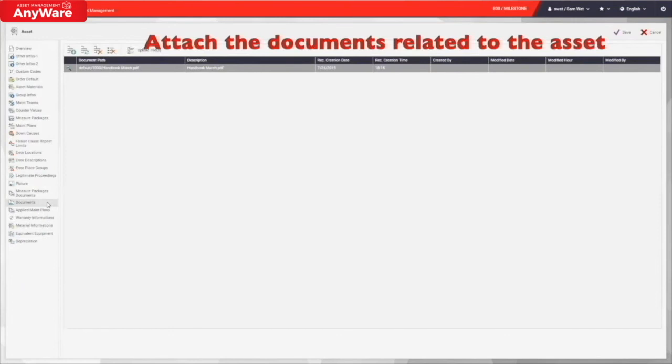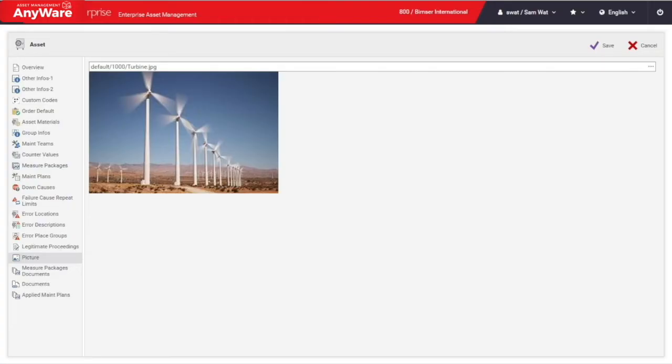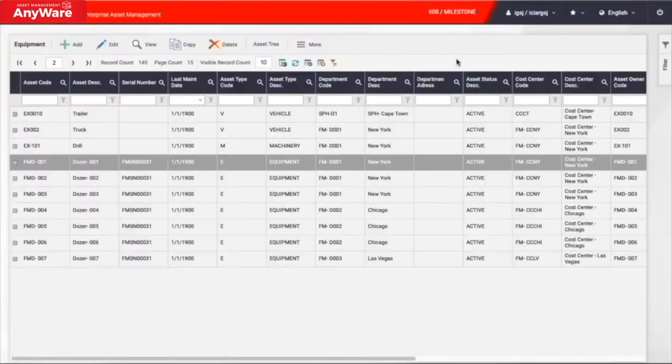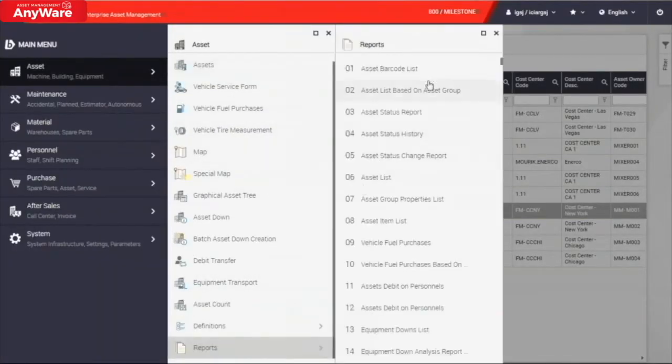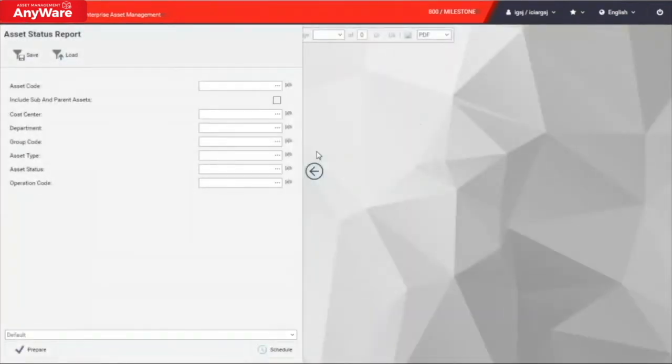Any handbooks, instructions, or certifications can be attached under the document fields. You can also upload the picture of this asset here too. After you fill in all the information, you can save it and the new asset and its information will be saved in BIM. As BIM is providing over 10,000 ready-made reports, you can generate the report, for example, the asset status